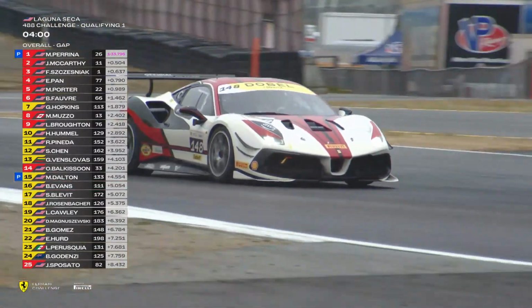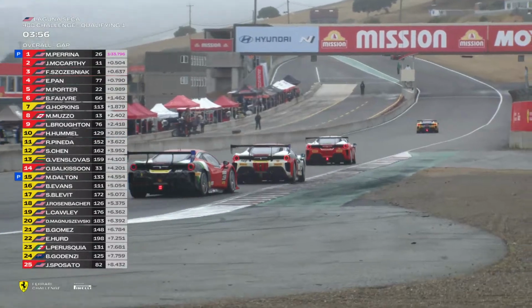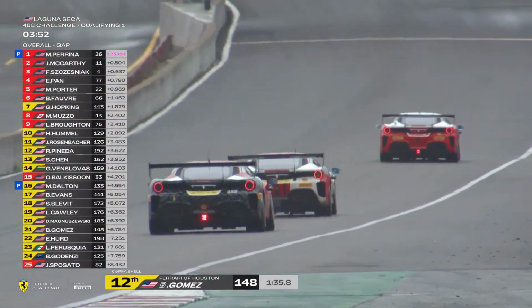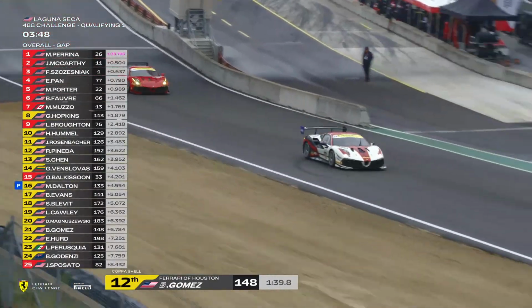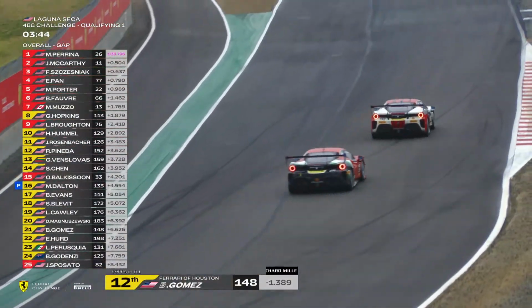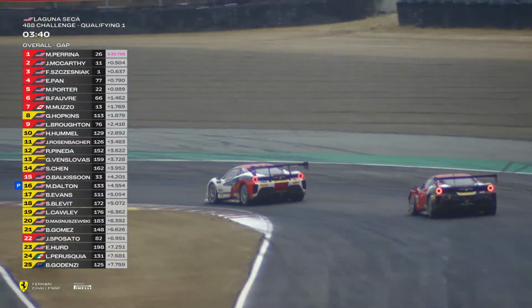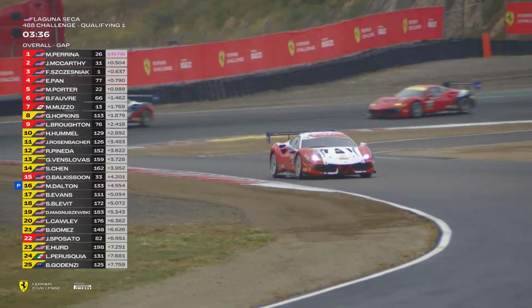Yes, me too. And you know, you bring up another constituent part of when a driver is successful, as you look at Bernard Gomez then in that lovely red and white 488 Challenge Evo, and that is the relationship any driver has with his driver coach. As a driver coach, you want your driver to be a sponge, to be able to accept everything that is being told to you. And you and I know hundreds and hundreds of driver coaches, and here this weekend there are lots and lots of them, from Daniel Mancinelli to